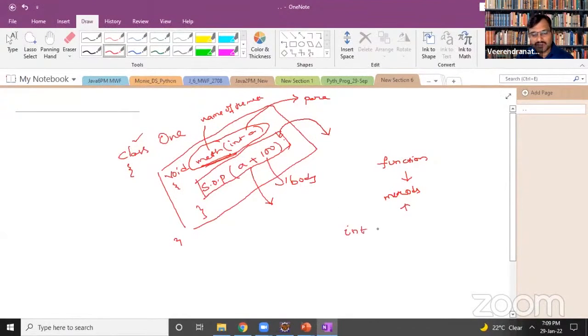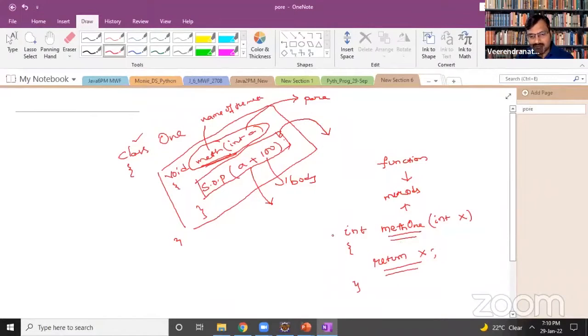For example, if I want to return something, say return X, it means I'm returning something from a method.